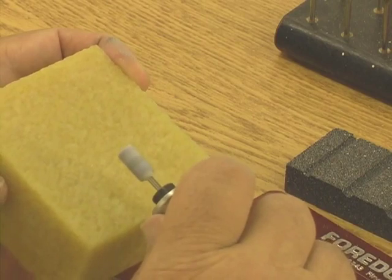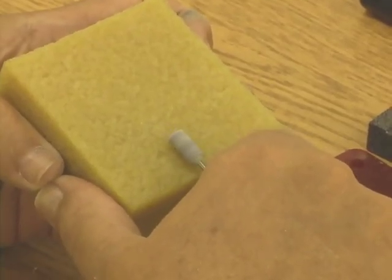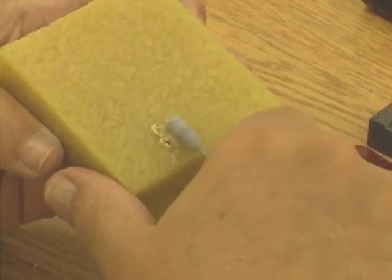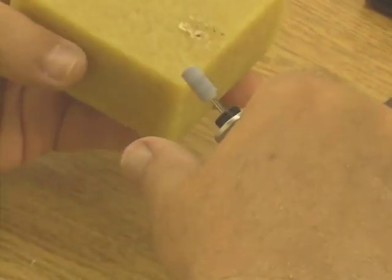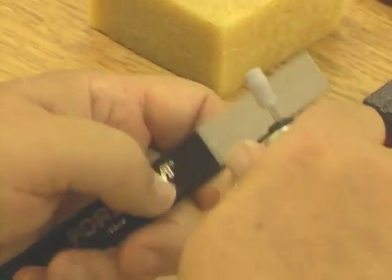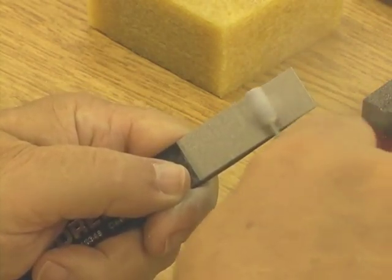I'll clean it. Now the reason for doing this and how this cleans is that the rubber gets into those little voids in there that are the cutting edges that provide the cut for this bit, and that's what cleans them out. Now be careful because, now see the dirt that's picking up? Be careful because that will actually dig in there if you go too fast, because it'll heat the rubber and it'll pull and the whole works will be twisted. That isn't quite as clean as I'd like it, so I'm going to go to just a hair more aggressive diamond, and you'll see that begin to clean